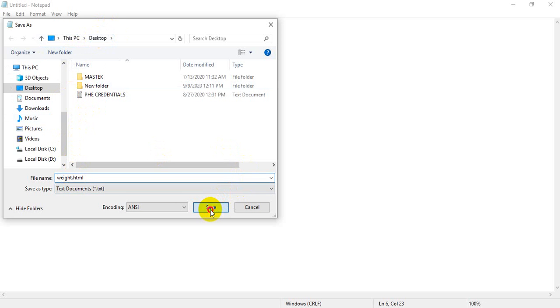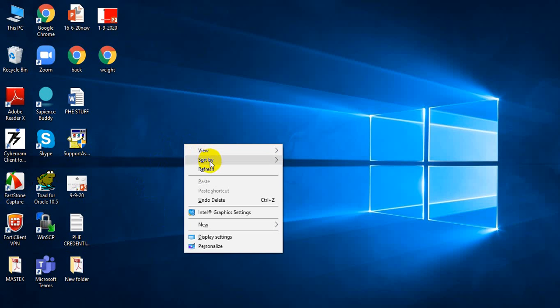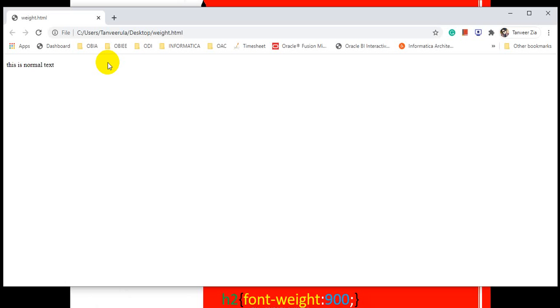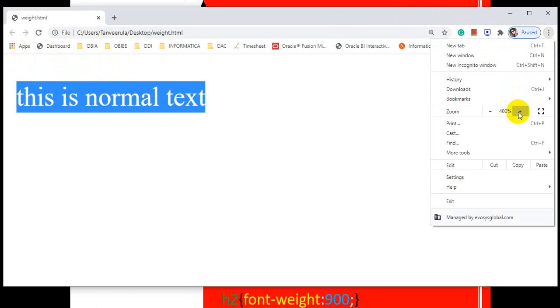Now save the file, flip back to your browser, and you will see the file is created with the name weight. I will just double click to run my program. You may notice that the paragraph tag is displayed in our browser. This is normal text. I just want to zoom in so you can get a clear picture of what's going on in your browser.